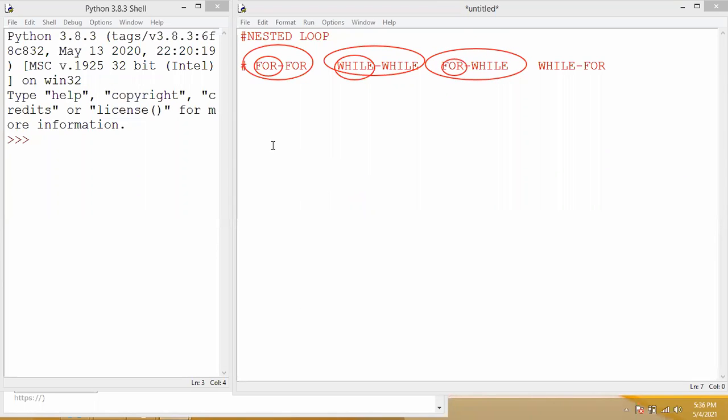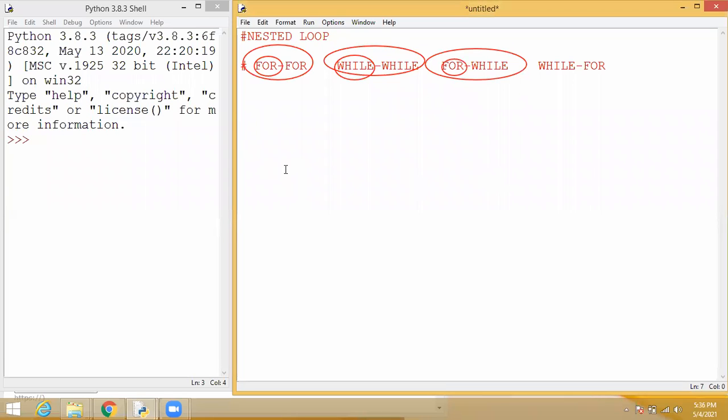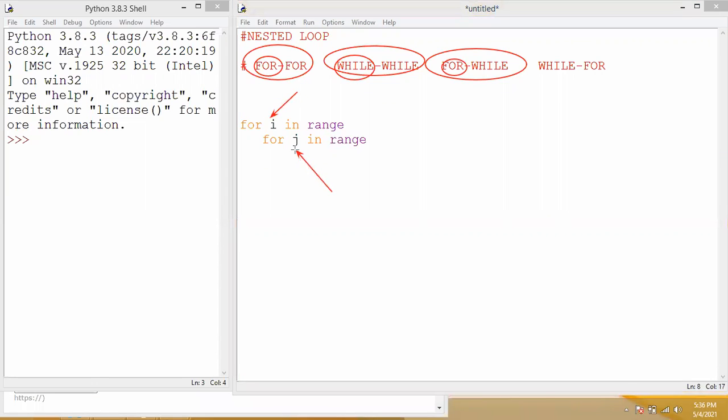Okay, so these are some theory points on how to implement. For the outer loop you can use anything, like for i in range. Then we are going to have the inner for also, for j, because we need to give two different variables. Don't use the same variable. If you give i, then you have to give j. Like for n1, then inside it for n2. Students, understood? This is the outer loop, this is the inner loop.